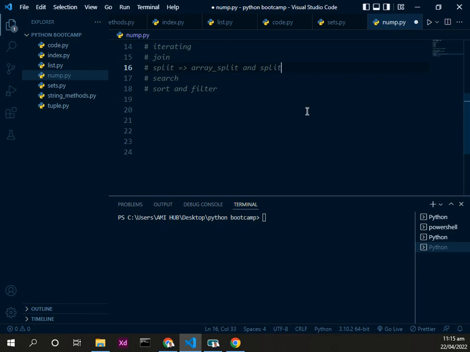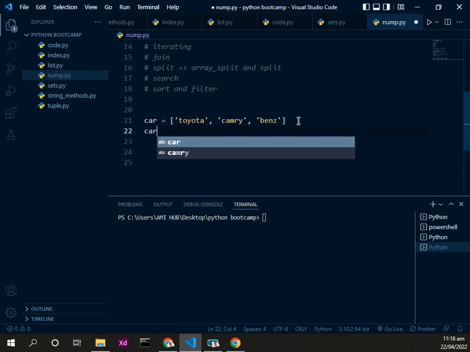So when trying to perform a split, I'm going to do an example here. Say car equal to Toyota, right? And I'll say another car called Camry, and I'll just call this Benz for short, which is basically Mercedes Benz. So when we're using splits on an array, we're basically taking the individual items of this array and putting them in their own specific arrays. So this would be like